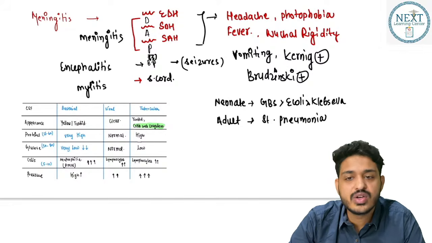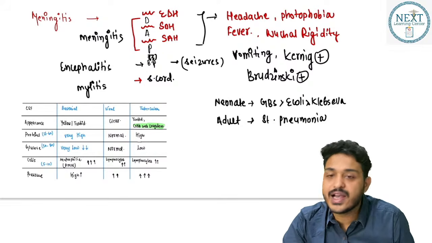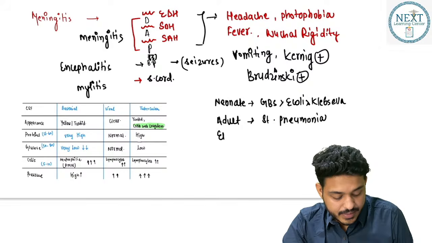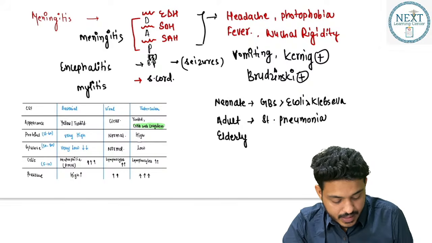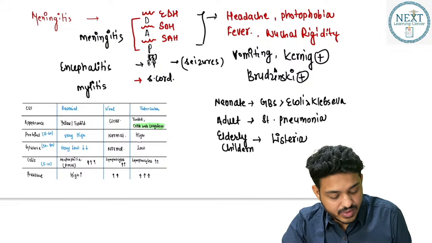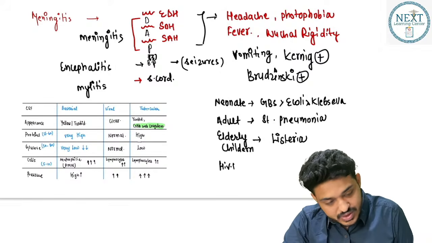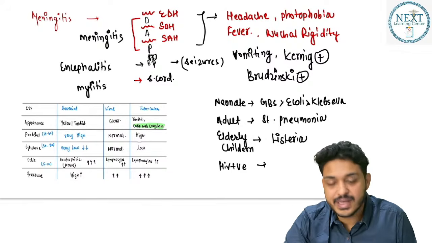Streptococcus pneumoniae, or pneumococcus, is the most common cause. One more thing I told you is about the elderly or children. In the elderly or children, this can be due to what? It can be due to Listeria. The important one is going to be what? Listeria. If they tell you about an HIV positive patient coming to you with the symptoms of meningitis, this is going